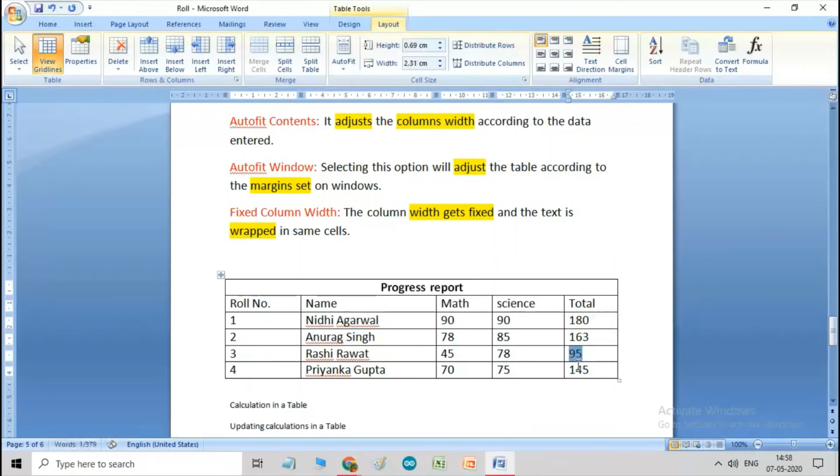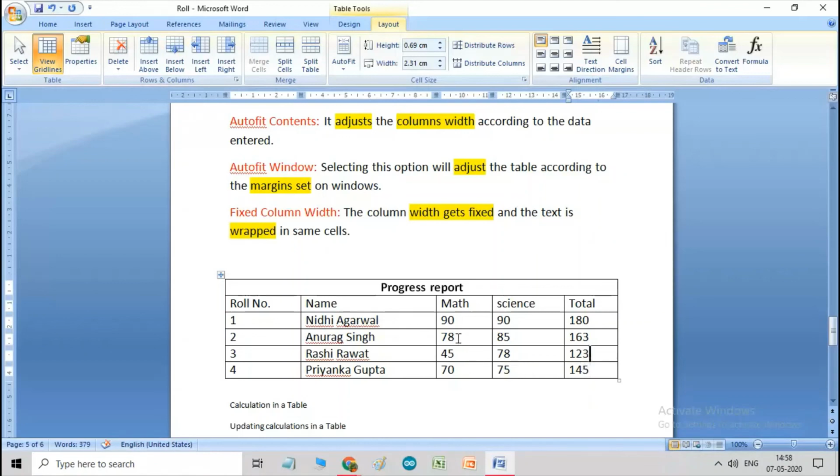Then I will press the F9 key. So you can see the result is changed into 123. So with the help of the F9 key, you can even update your data.